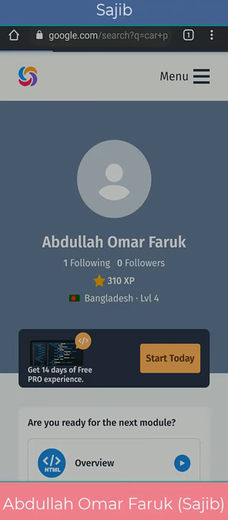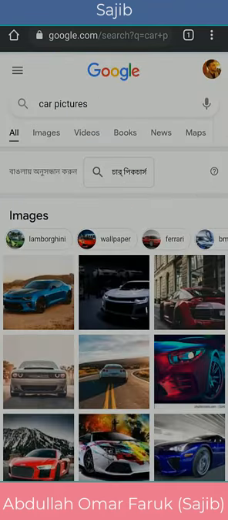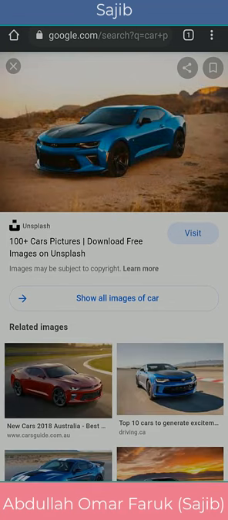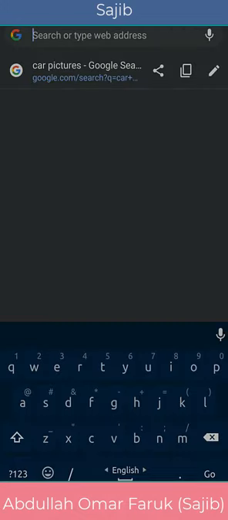So it is showing me the contents. Oh, here are some pictures of cars that I am searching for. I click on one picture. That is your choice, what you want to choose actually. That's completely your wish. What I have to do now, so what people do actually, they make a mistake. The mistake is that they directly go to the search bar and copy the link from here. You have to select the individual image link, not the entire search link.